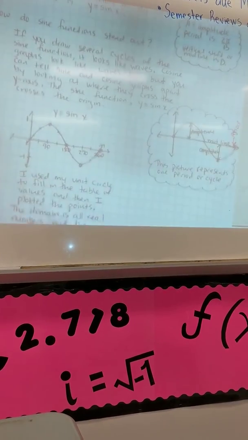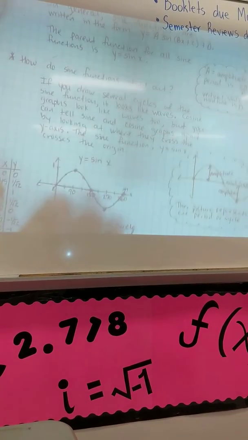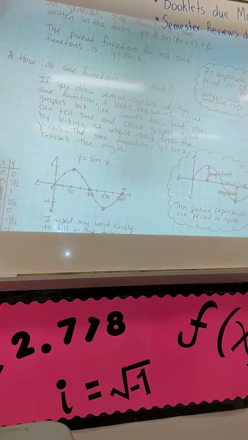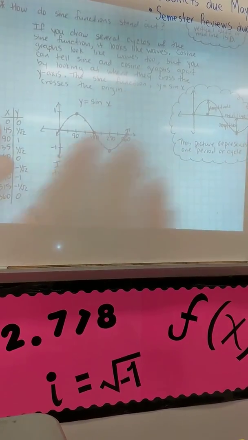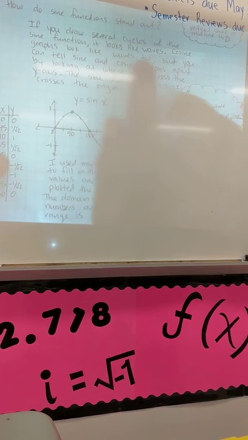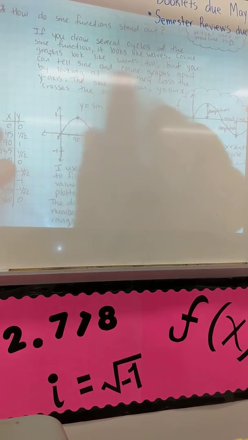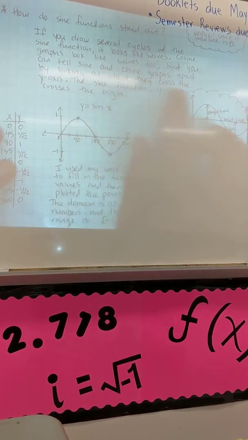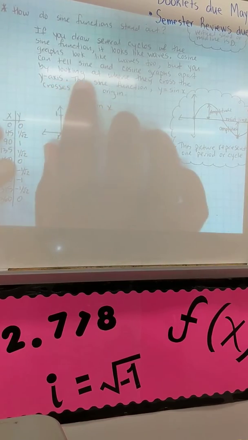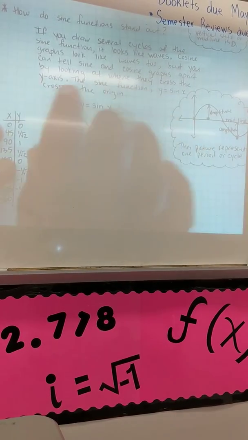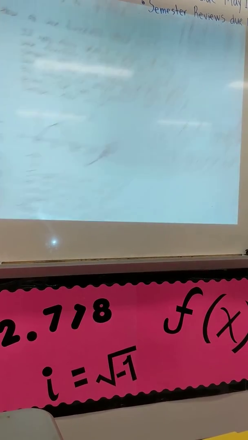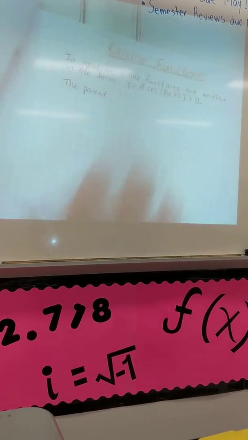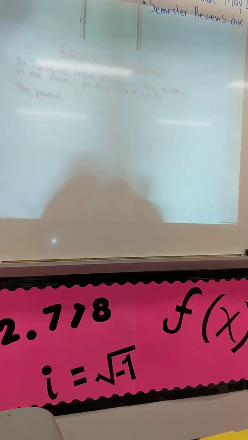My sine function, I put how do sine functions stand out? If you draw several cycles, it looks like waves. I put cosine graphs look like waves too, but you can tell sine and cosine graphs apart by looking at where they cross the y-axis. The sine function crosses the origin, so you'll notice it crosses the origin. And there's cosine, which I haven't finished yet, but